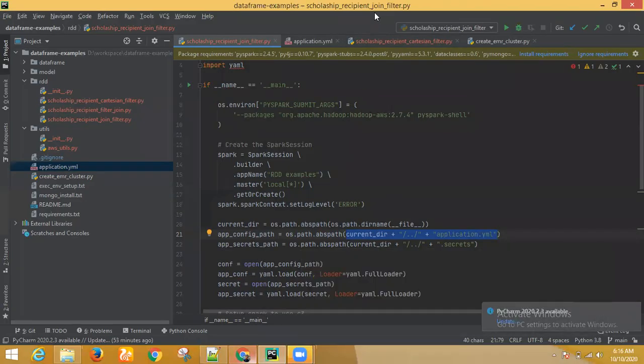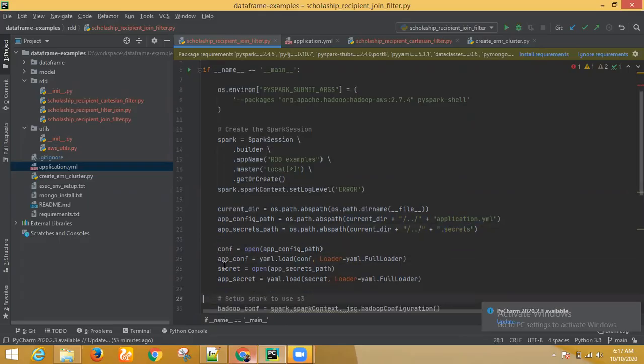Similarly, in the same path I have to put the .secrets file. I'll send it over WhatsApp in a few minutes. So I'm just providing these two paths and reading those configuration files here.